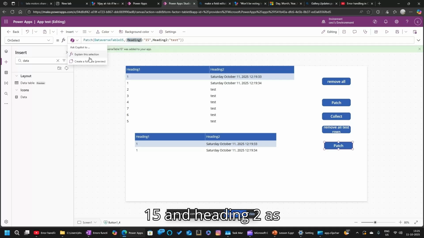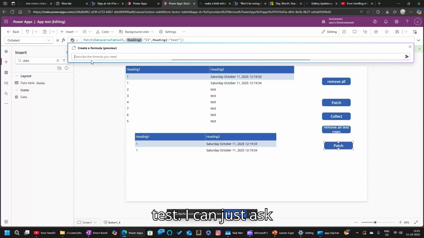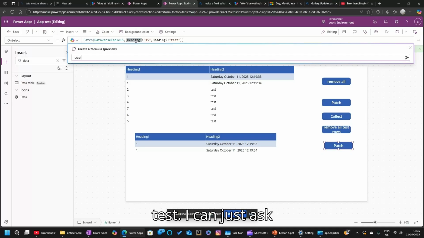I can just ask Copilot, create a formula, add row to where heading 1 is 17